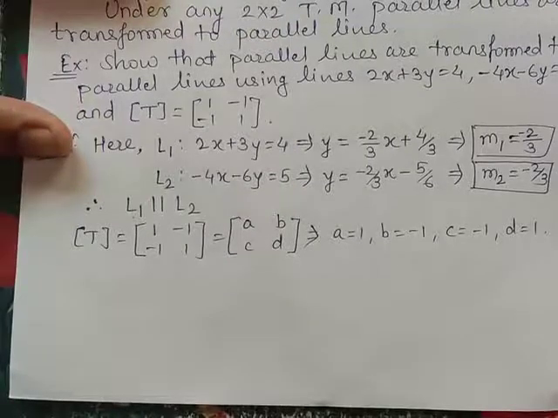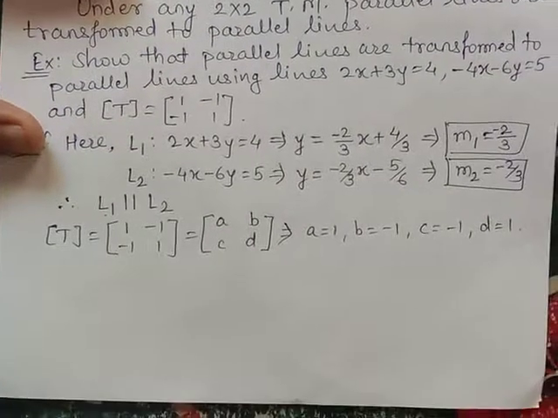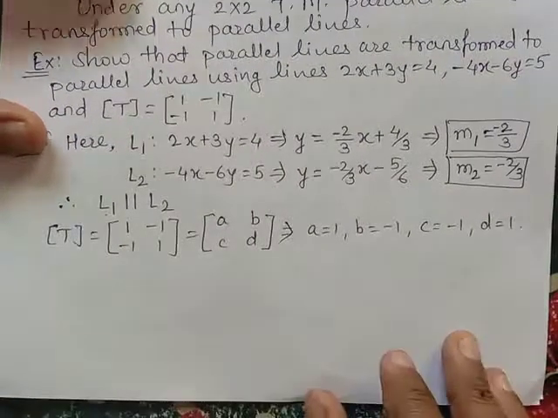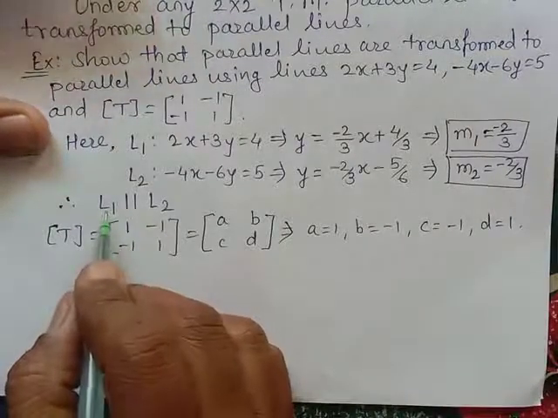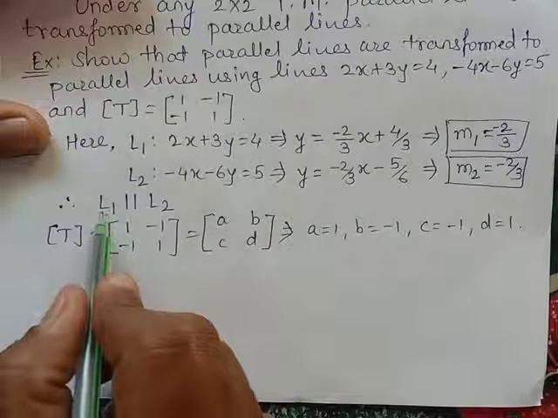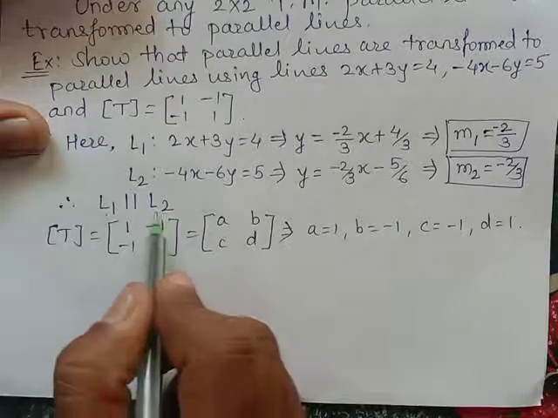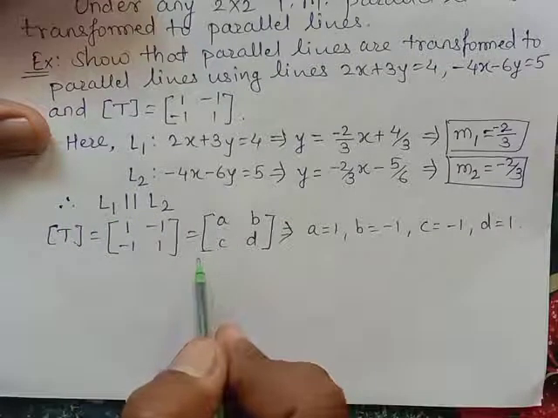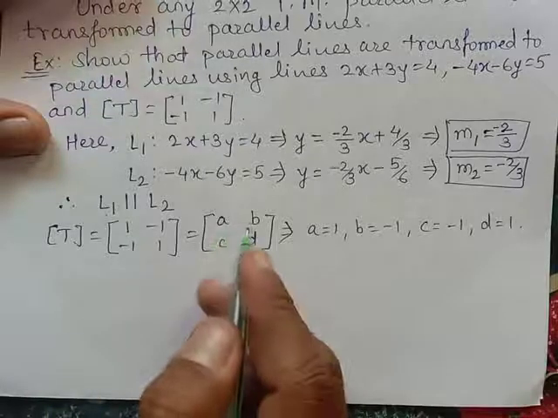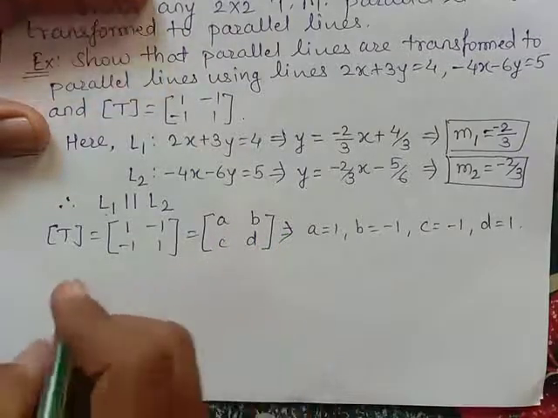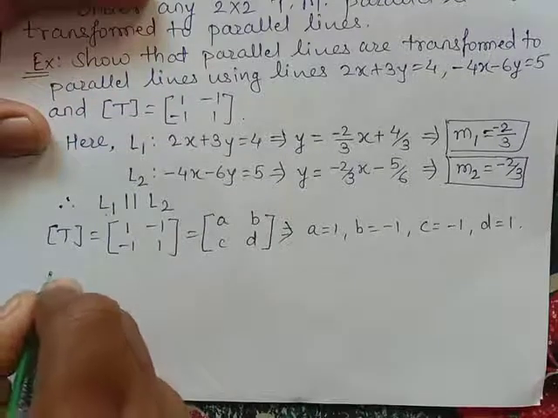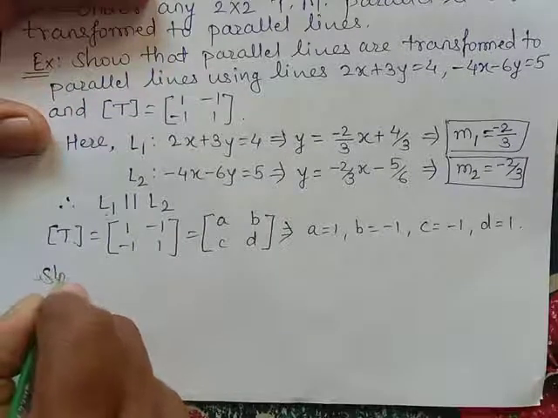A simple way to prove this: if the slopes are equal, then the lines are parallel. Okay, if the slopes of the transformed line of L1, that is L1 star, and the transformed line of L2, that is L2 star, are equal, then we can say the transformed lines are also parallel to each other. So the slope of